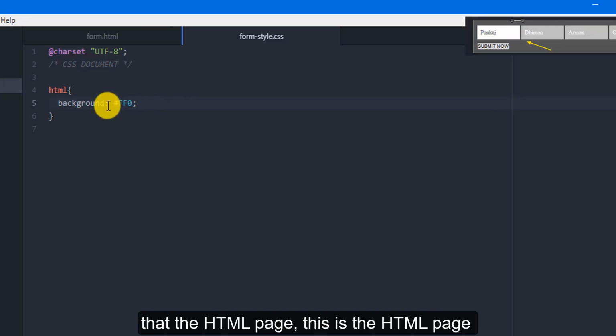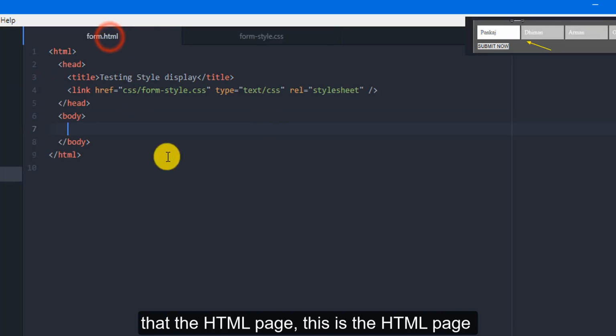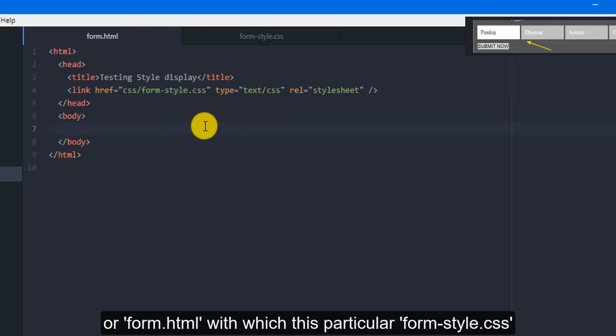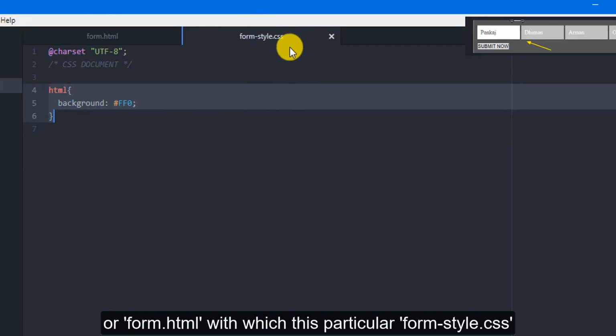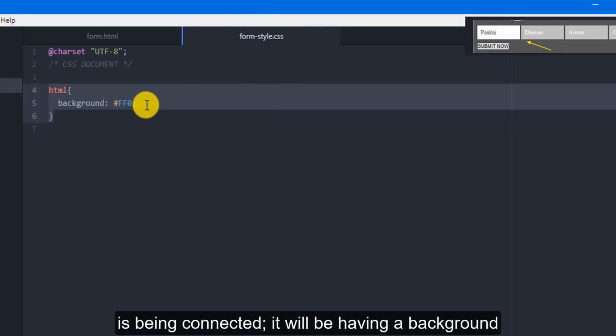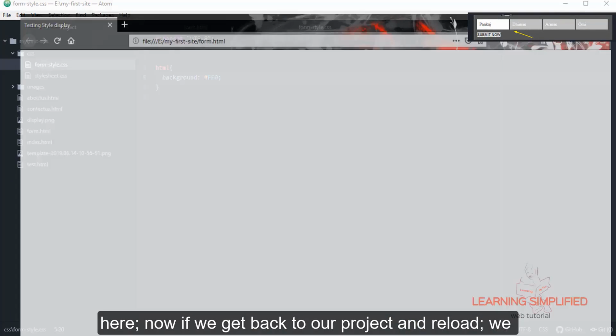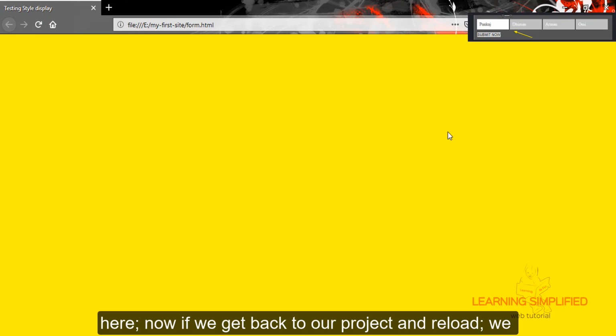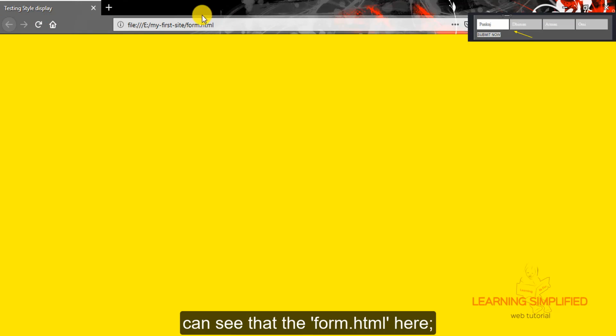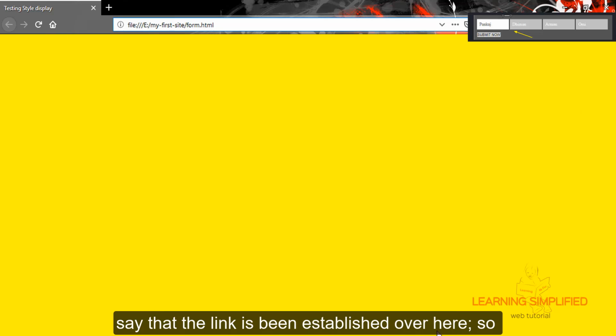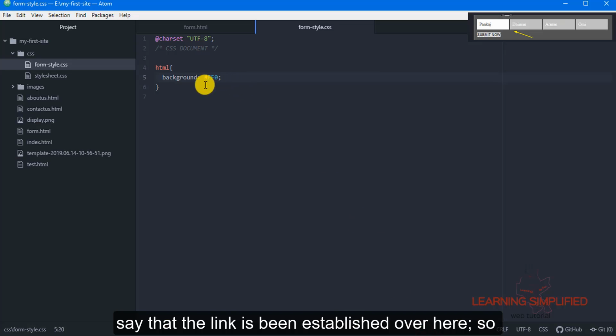Now we have selected the HTML page, this is the HTML page of form.html with which this form style.css is being connected. It will have a background color of yellow. This is what we have prescribed here. Now if we get back to our project and reload, we can see that form.html is getting a yellow background color. So we can definitely say that the link has been established.